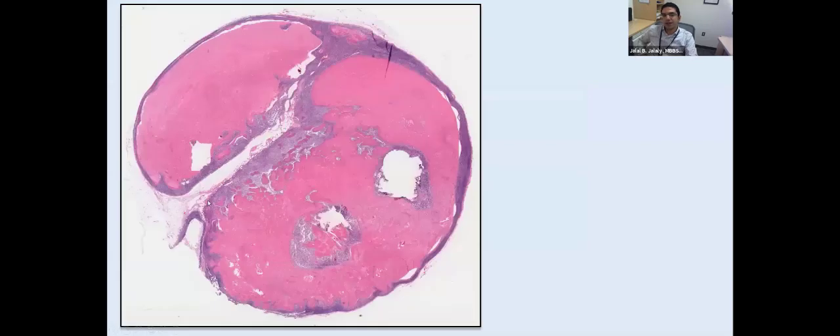So here is the lymph node that was previously FNA'd and biopsied, and you can appreciate how cystic it is with only a rim of lymphoid tissue and lining epithelium. But within the cyst, you can appreciate also quite the complexity with some septation and some solid areas, and those features will become important when I talk later about the radiology of these lesions.